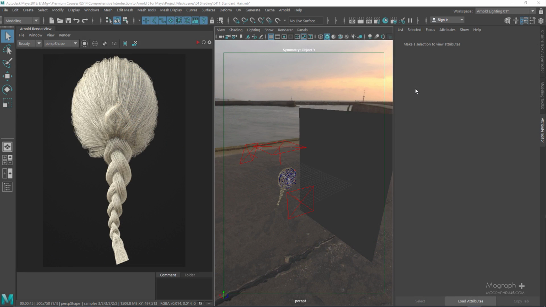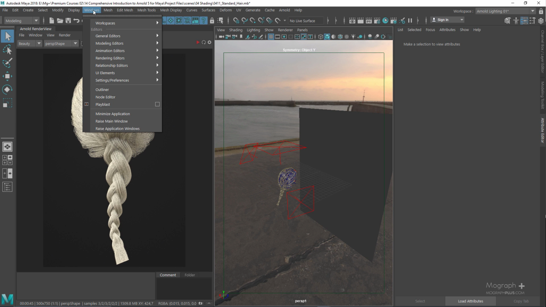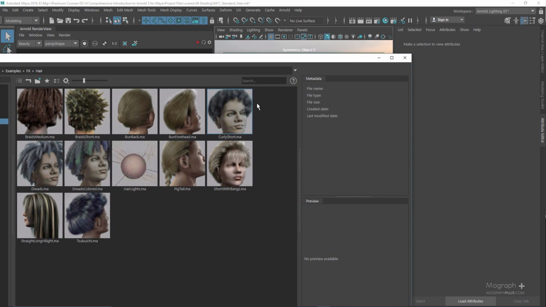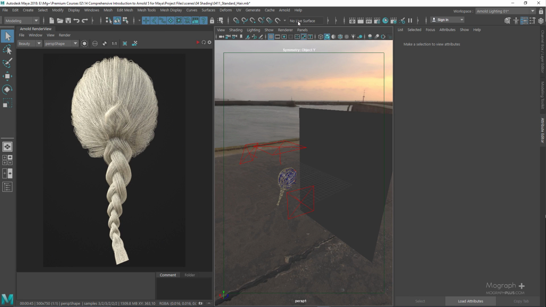Okay folks, in this lesson we'll be taking a look at the Arnold standard hair shader, probably one of the most powerful hair shaders and easiest to use. So let's get started. Now this hair model that we have, you can find it in your Maya's Common browser, this one here, and you can load it if you wanted to, or you can just load the scene file for this lesson